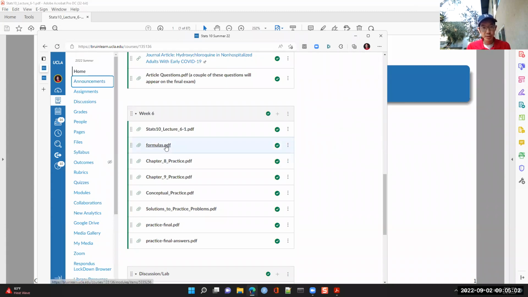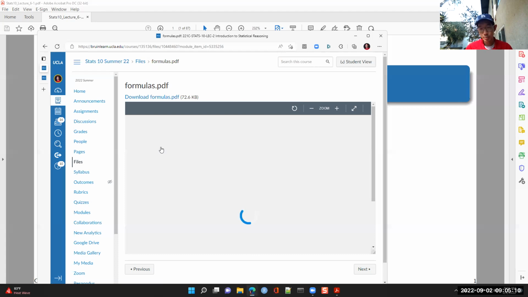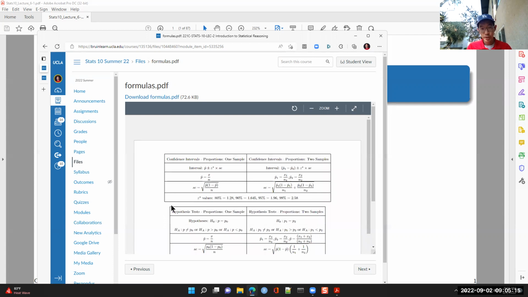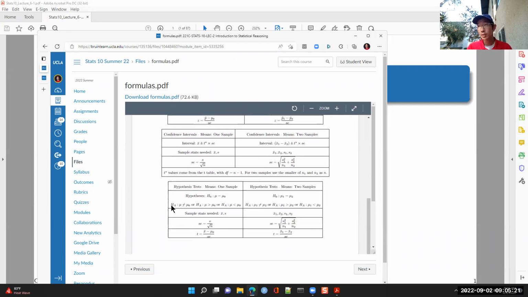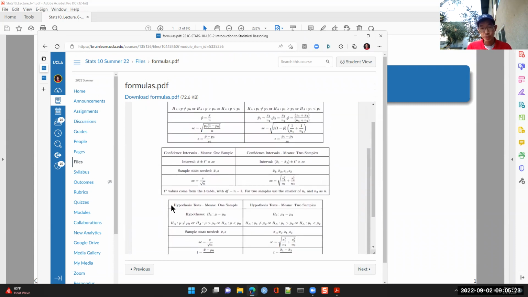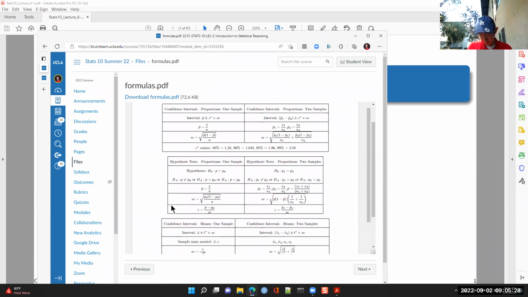problems. So this first thing is actually just a formula sheet. It's not required or anything like that, but the final exam is open book, and I thought it would be helpful or handy for you to have a place where you can have all of the formulas in one location. One exception is that we never covered confidence intervals for proportions, two samples,